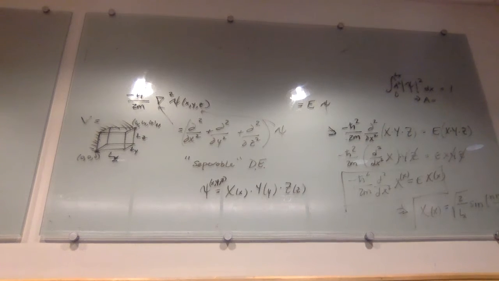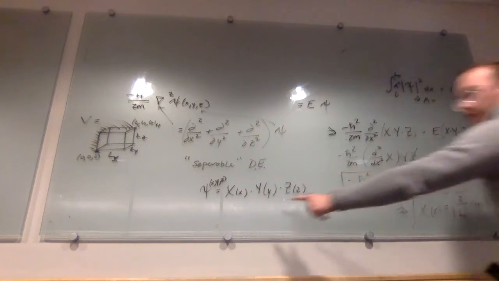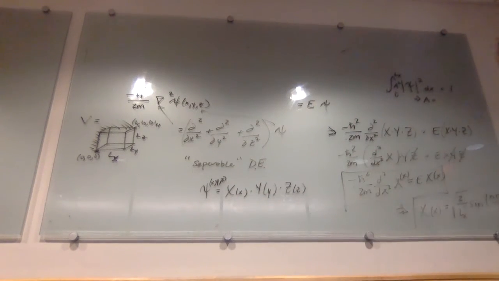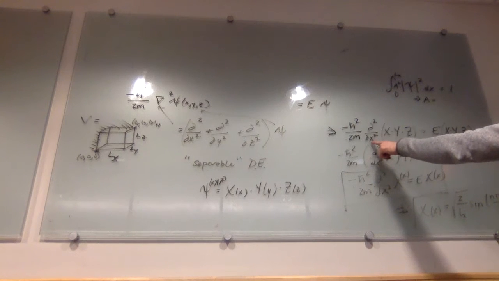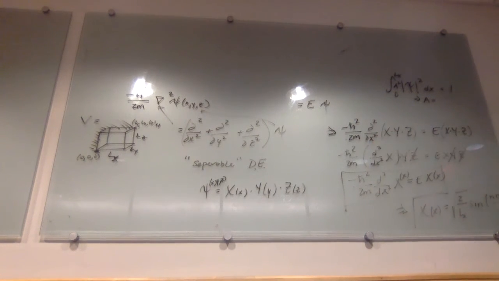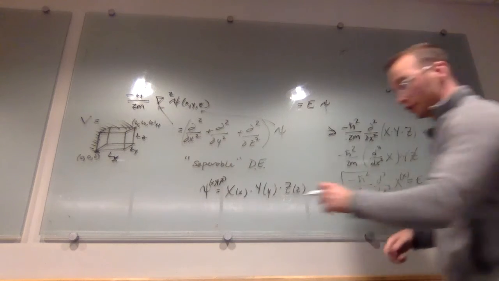Okay, so that's X of x. So that's the x component of this. But of course, you can imagine, I didn't do anything. It doesn't matter that it's x here. If I replaced this with y, so I'm doing the y component, then I will get a different function, Y of y, and if I replace it with z, I would get Z of z. And so the entire wave function is actually going to be